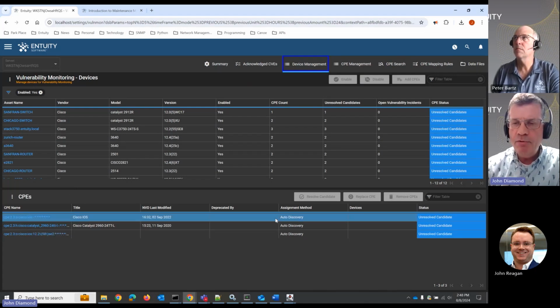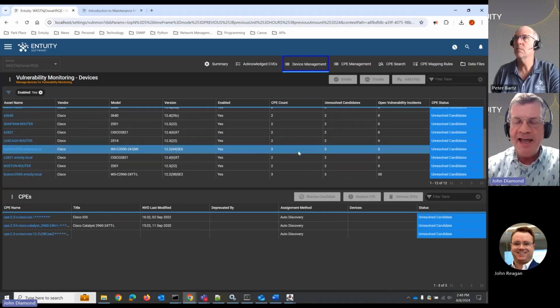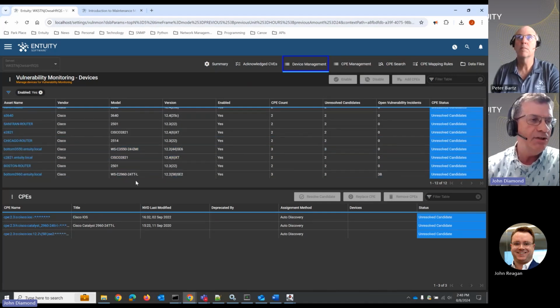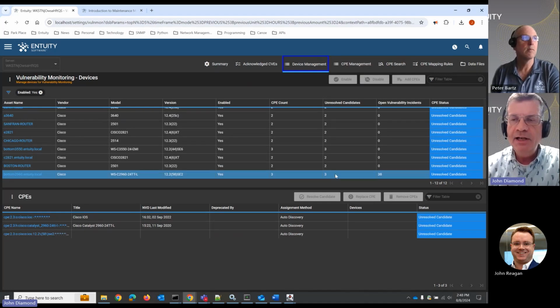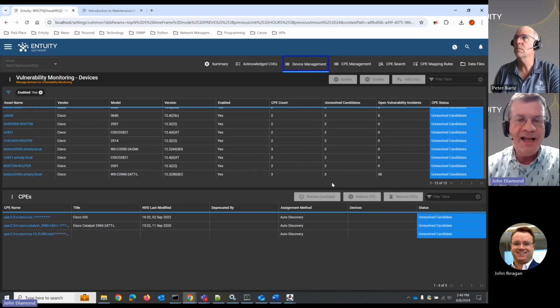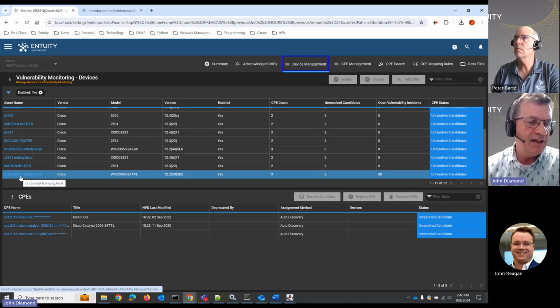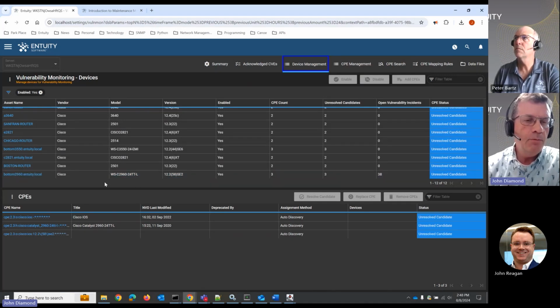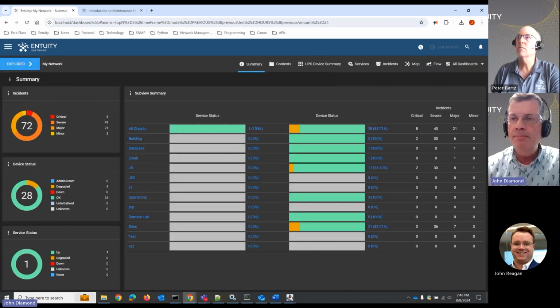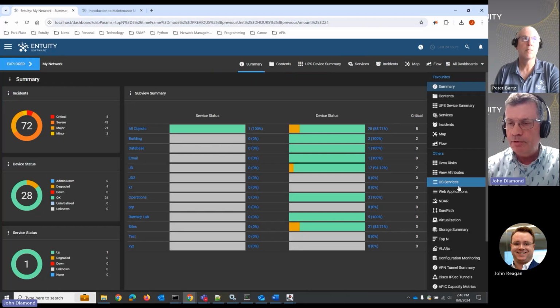So it runs through and finds them for any vulnerability that it has not already told you about. By opening up an incident, it will open up a new incident. Here, for example, it's opened up 38 different incidents against this device. Now, if I were to go back to the homepage and take a look at a new dashboard that we